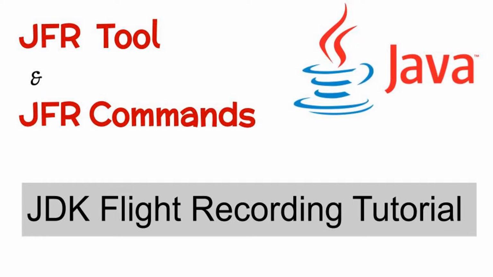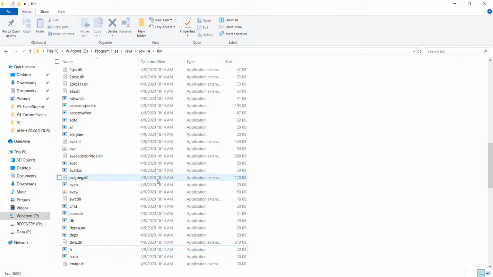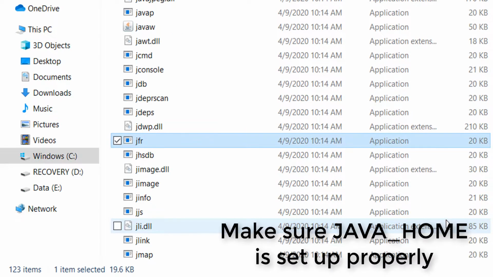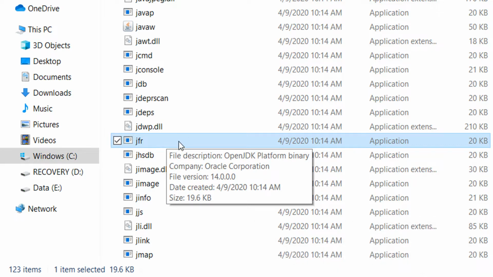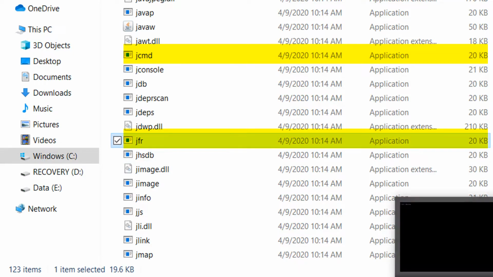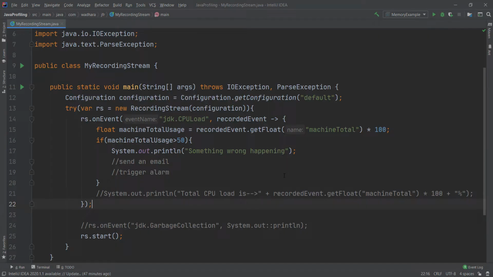So if you go to the bin directory of your JDK, you will find the JFR tool available here. And if you have set the path correctly, you will be able to use this in your command prompt. Like we invoke jcmd, you can directly invoke jfr also. For using this tool, we must have one recording file available with the .jfr extension, which you can easily produce by passing start flight recording in your VM arguments of IntelliJ or Eclipse. So you can check my previous videos for this.